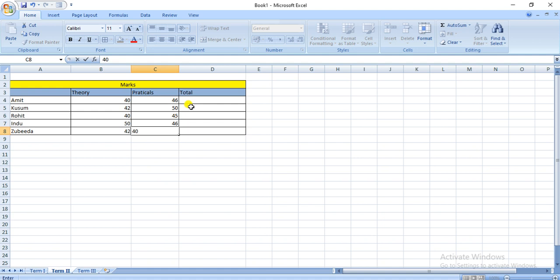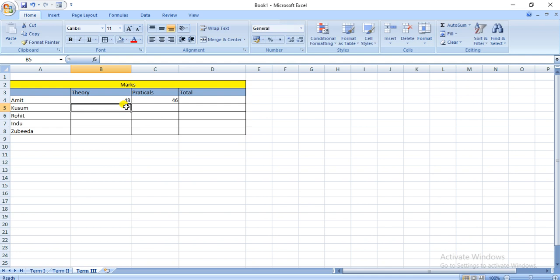Again I am going to apply my formula, equal to sign plus, and give it an enter, and with the help of the autofill feature I have created the database for term 2. Now similarly for term 3, again I am going to enter the marks of students.